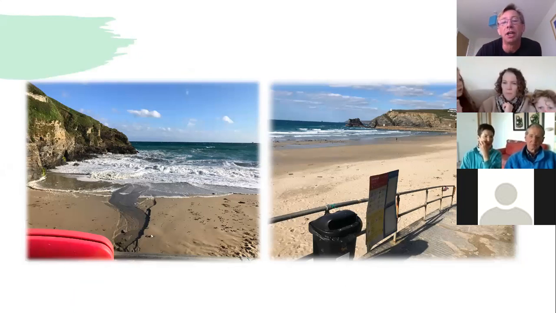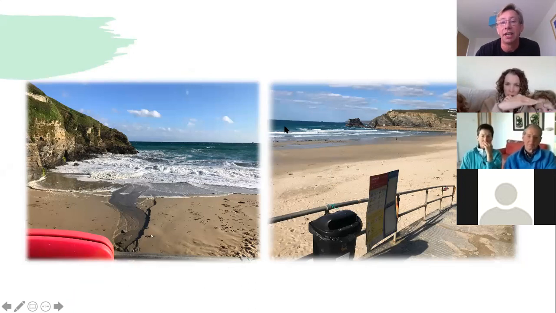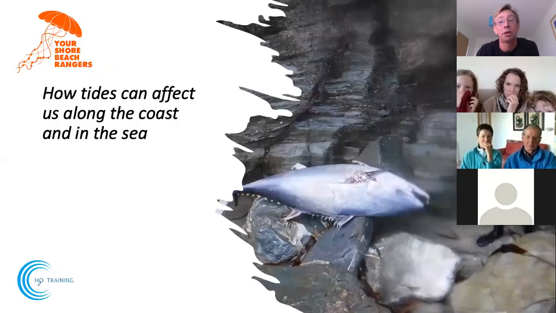When you stand on the beach here, and this is on the north coast of Cornwall, so depending where you live, when the tide comes in, it is actually going, if I look at this one, from left to right. And when the tide is going out, it's going from right to left. It's just that the water gets deeper and shallower. So often people think that if the tide's coming in and you get in the water here, the tide will bring you up the beach. It doesn't work like that. People often think also when the tide's going out that the tide will take you out. Again, it doesn't work like that. The tide goes left to right. And that's a concept which is sometimes difficult to understand, but it's quite an important one.